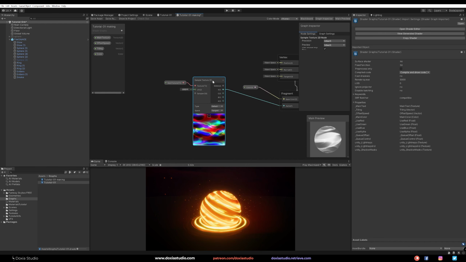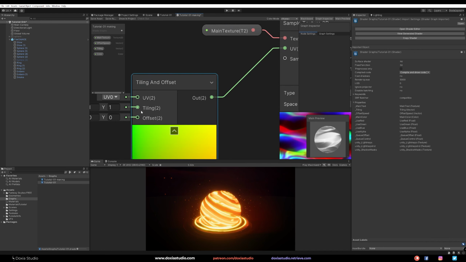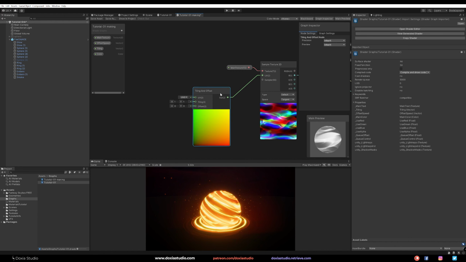So we have this texture and now we want to offset it to animate it. To do that, we need the tiling and offset UV. Pretty cool. And link this here. And now I can see that I wrote it wrong. I misspelled it. It's just one L. That's cool, that's what we want.